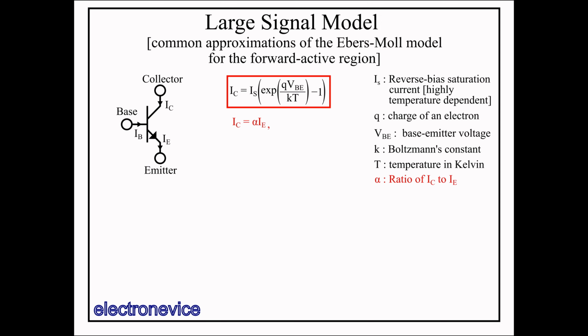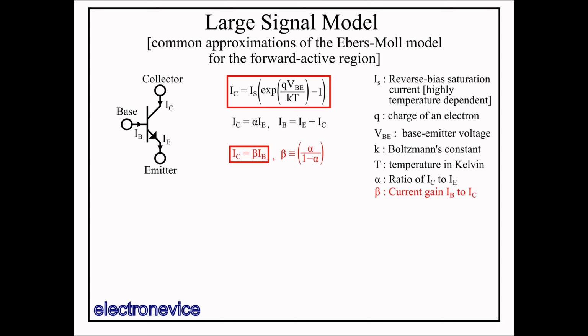To get an equation for IC in terms of IB, we first recognize that IB equals IE minus IC by Kirchhoff's current law, and with these two equations, we do some algebraic manipulation and see that IC is equal to alpha over 1 minus alpha times IB. This quantity, alpha over 1 minus alpha, we define to be the parameter beta, which is effectively the current gain from IB to IC, and sometimes called HFE, especially on transistor datasheets.